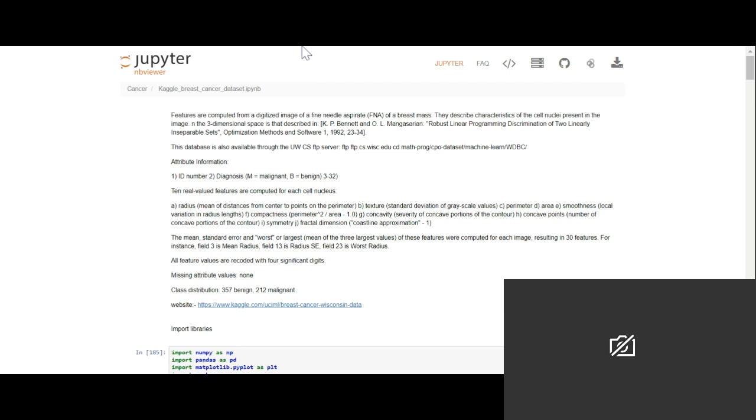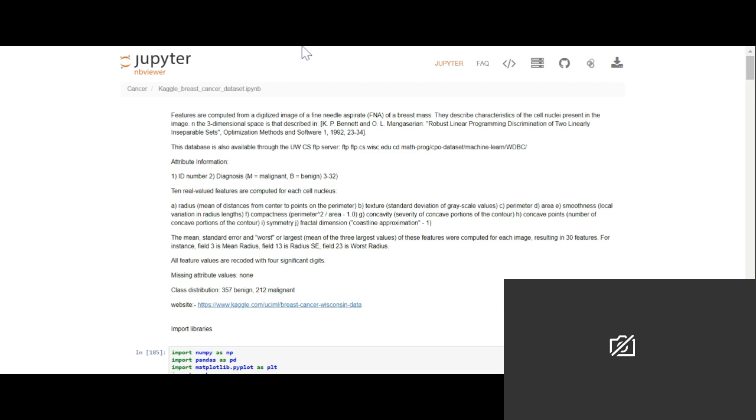This is the information that we get from Kaggle's breast cancer data set. It's a lot more informative than the information we got from the sklearn's breast cancer data set, even though in theory they're supposed to be the same data set because they both came from the UCI. That's University of California, and I stands for the city that it's in, though I don't remember the city that it's in. So I'm just going to read you what it says about the breast cancer data set on the Kaggle